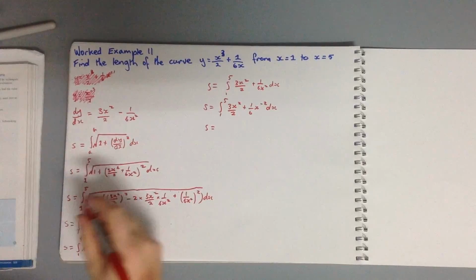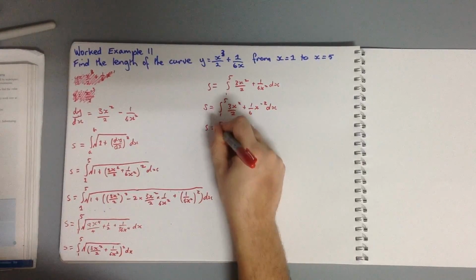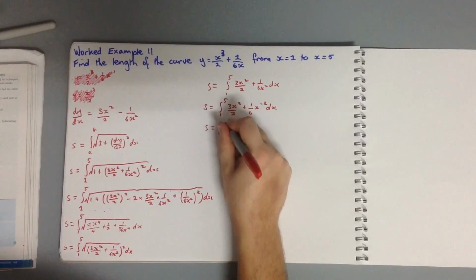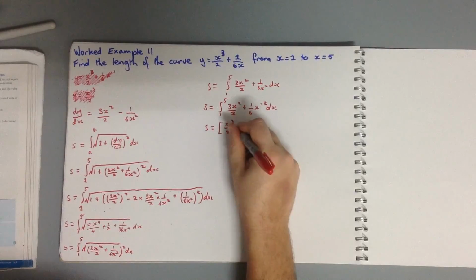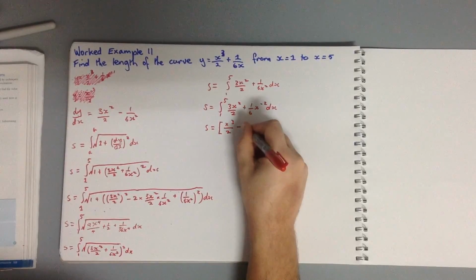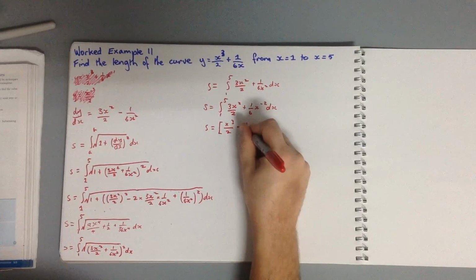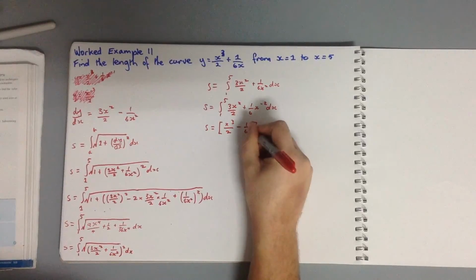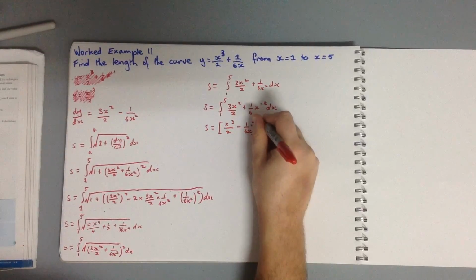Okay, so when we integrate that, we're going to get x cubed on 2 take 1 on 6x, from 1 to 5,